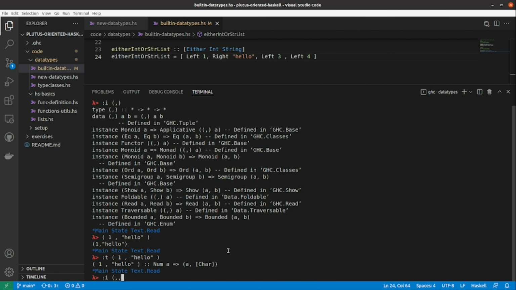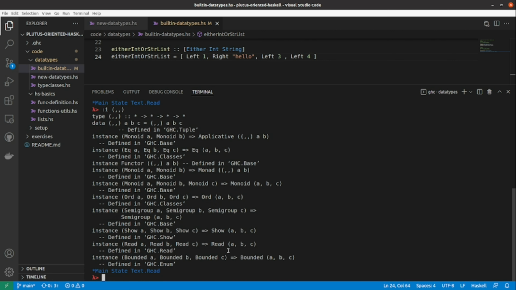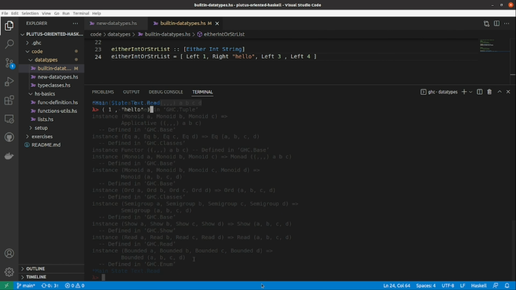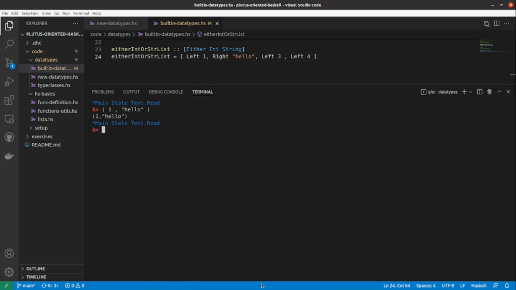and we can actually also have tuples with more than two values, and I don't really know if we have a limit for the number of values that a tuple can have. The important thing of a tuple is that it is fixed. Once we do have a tuple, those are the values inside that particular tuple,